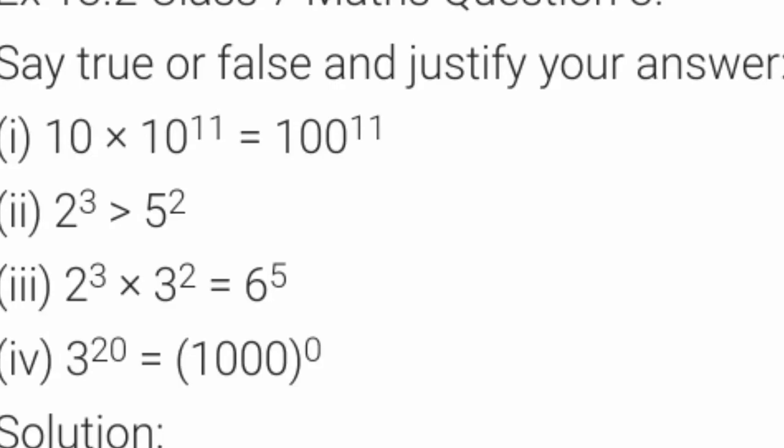Now children, see the third question. Say true or false and justify your answer. You have to say whether the statement is true or false, and give the reason, that you have to justify it. See the first part: 10 into 10 raised to 11 is equal to 100 raised to 11.